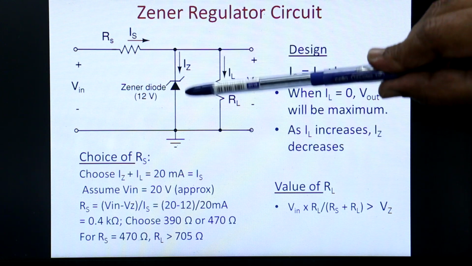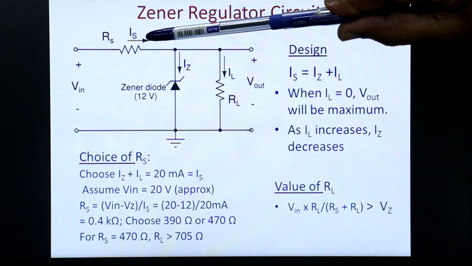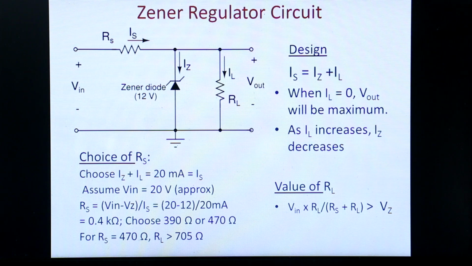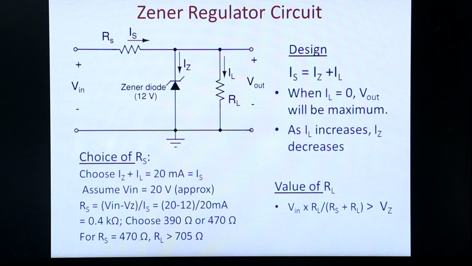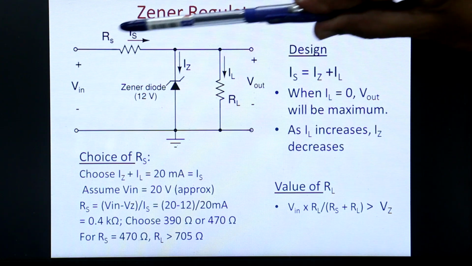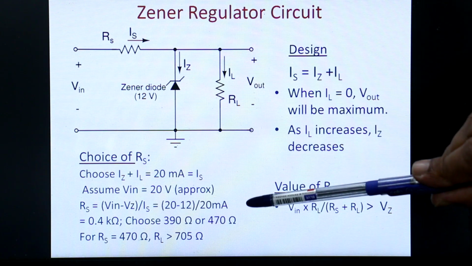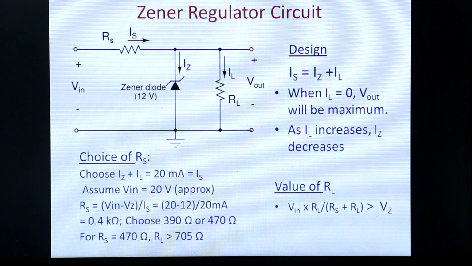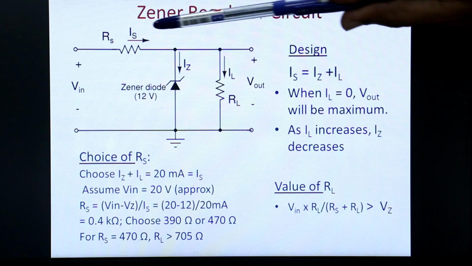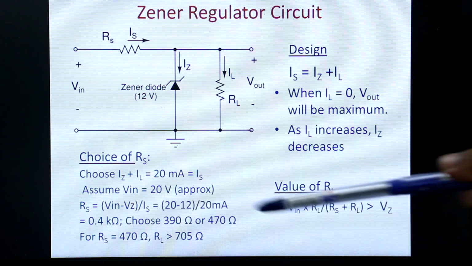So once I know this, I can find out the value of RS. That is the main design element in this Zener regulator circuit, the choice of RS. We can choose RS as V in minus VZ divided by IS. In this case I am putting 20 milliamps as the maximum current. Once I do that, I get a value of 0.4 kilo ohms, which is the same as